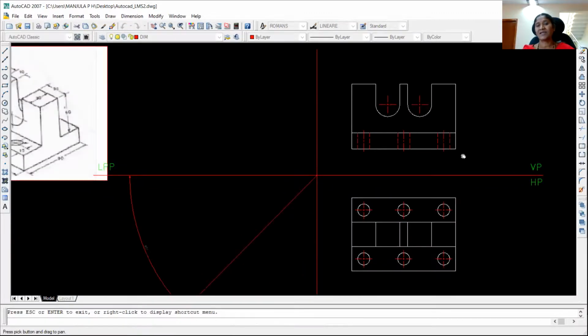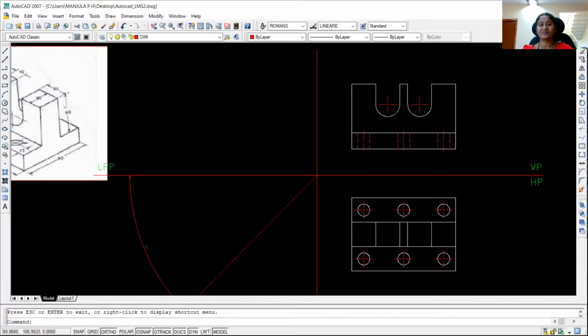So this completes our front view and the top view of the given component. Now I am supposed to draw the side view. So what is the side view? It is width 90 mm and this height is 20. Again at the center it is 30 and this height is 60. So for that I have to draw the projectors from the top view as well as horizontal projectors from the front view. So to draw this bottom rectangle of 90 by 20, I'm going to draw the projectors from the